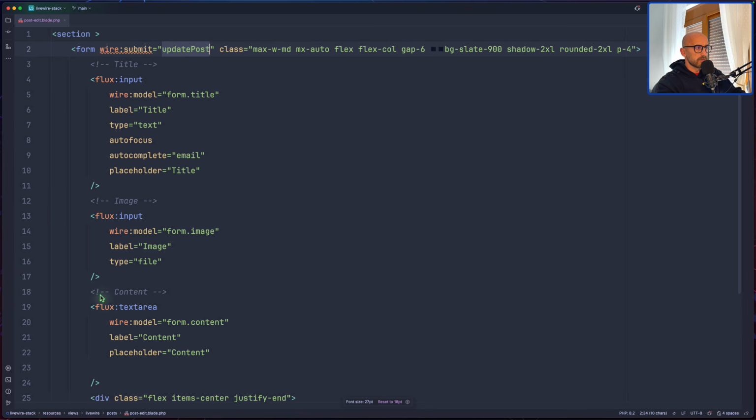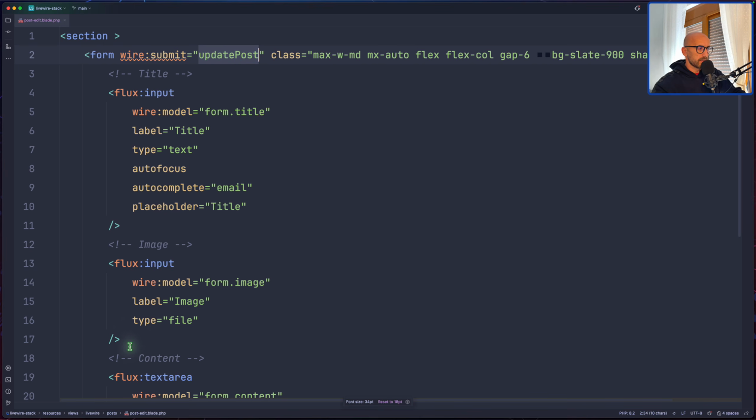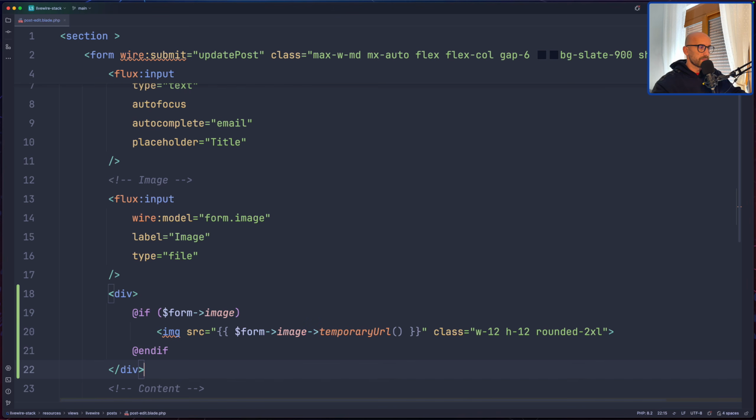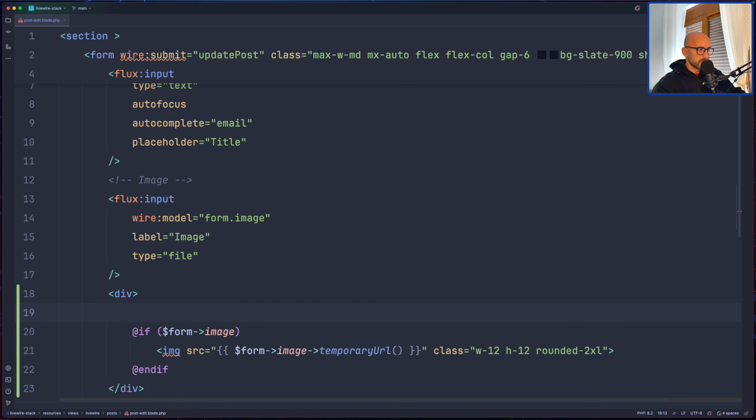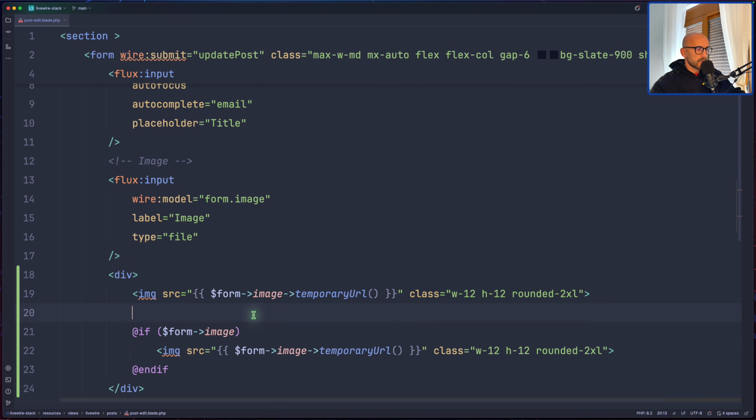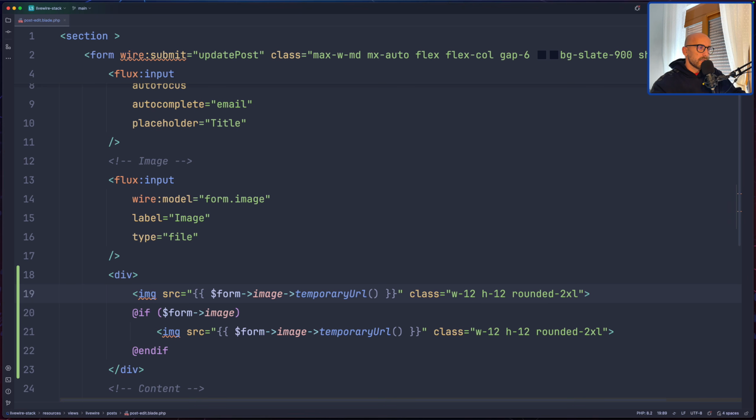I'm going to zoom it also here and paste it right here. If form image, but also I'm going to say, let's copy this here. Okay. And here we say form post image, not temporaryUrl,